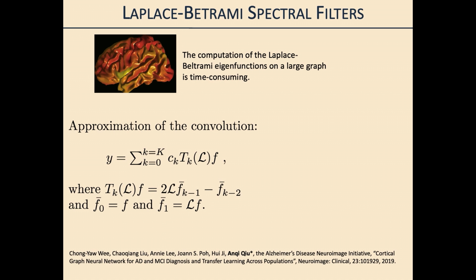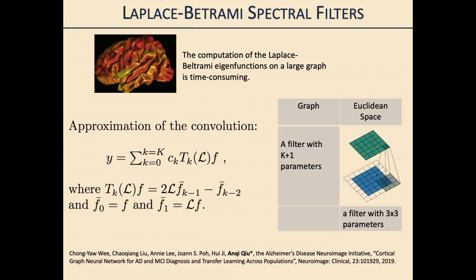In other words, compared to a traditional two-dimensional convolution filter, 3 by 3, where you need 9 parameters, in our case the number of parameters we need to estimate for the filter is actually K plus 1. In the majority of cases, we only use the first order and second order. In other words, your filter only needs 2 or 3 parameters